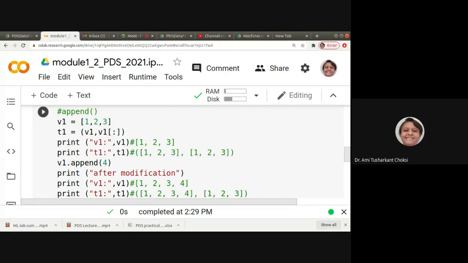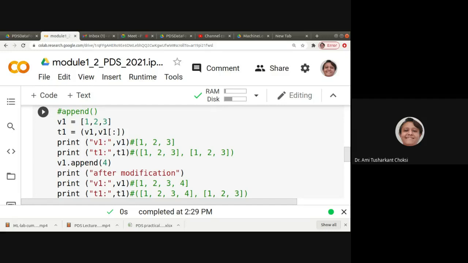Let us now consider one more example. Let us say we want to use append. So let's see. V1 is equal to 1, 2, 3, a list. T1 is equal to tuple, that is equal to V1 and comma V1, and inside that we have given the slice, but start and end indexes we haven't provided.